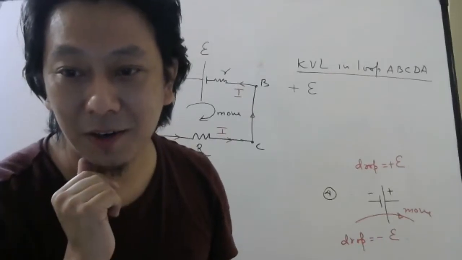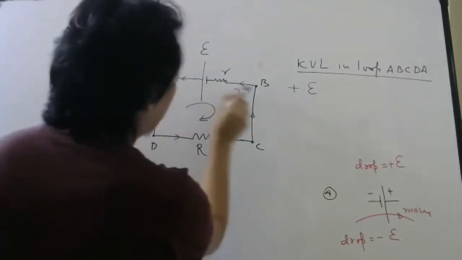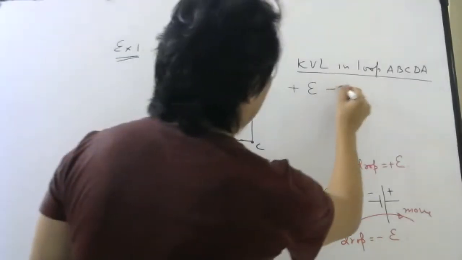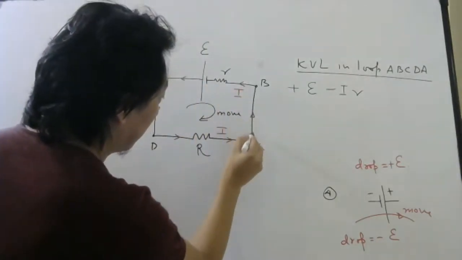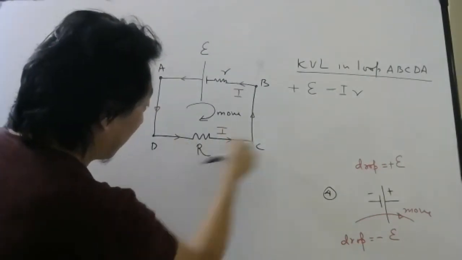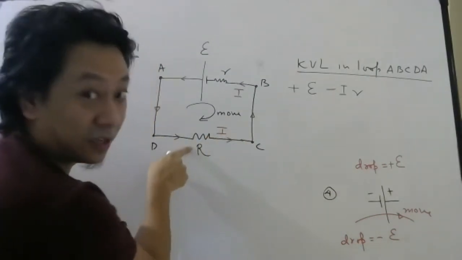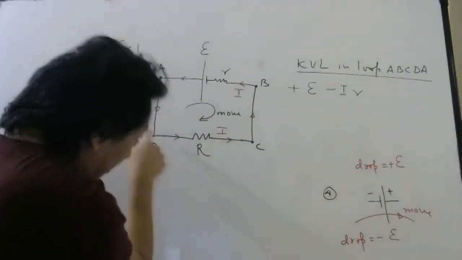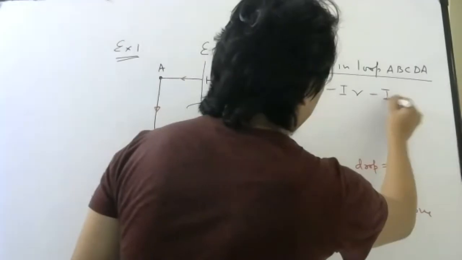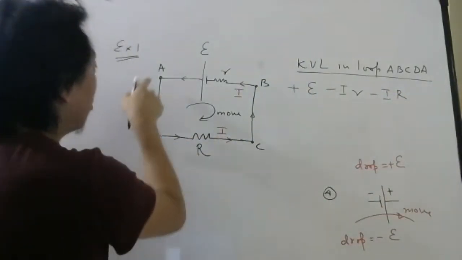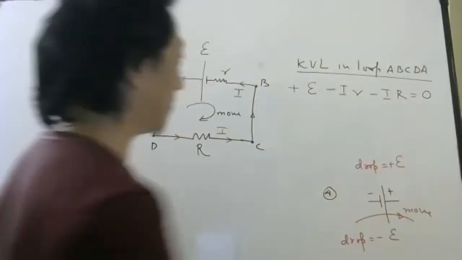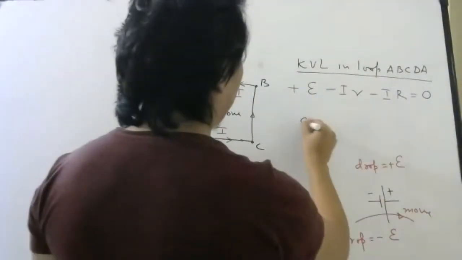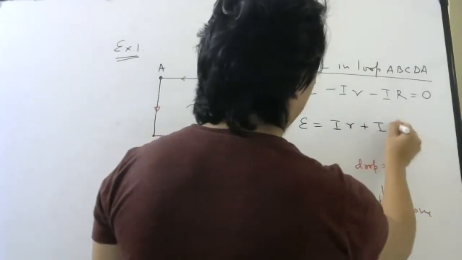Sign convention, are you remembering it or not? Minus, so I am moving opposite to the current. So here, what will be the potential difference? Minus I into R. Then I am coming like this, nothing here, nothing, nothing. Again, current is this way in this resistor, and I am moving against the current, opposite to the current. So minus I into capital R. Then I reach my home. After you reach your home, the total change in potential difference should be 0. Then if you simplify, you will get E equal to I into R plus I into capital R.